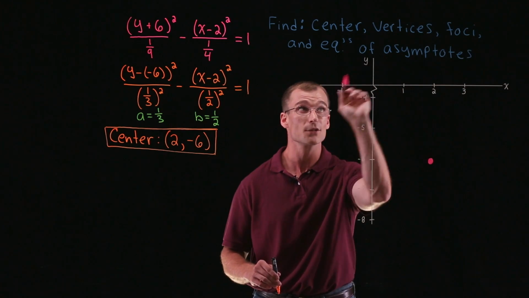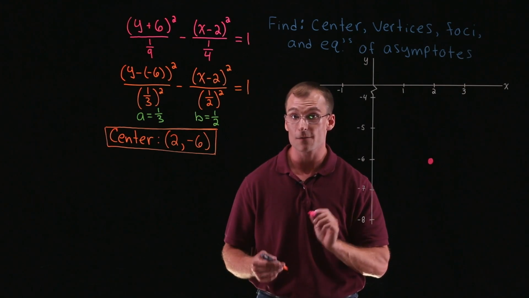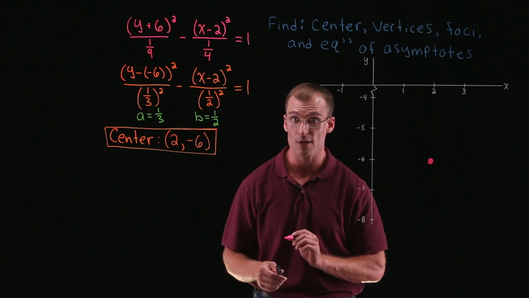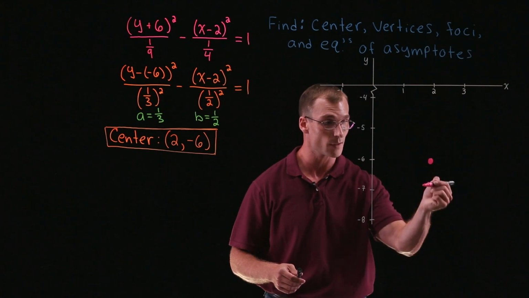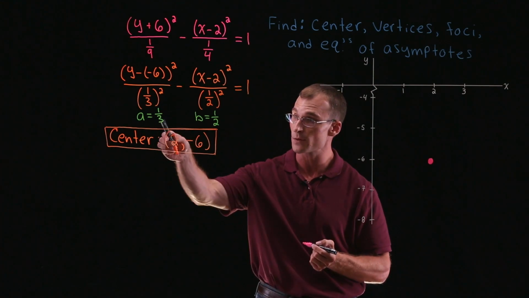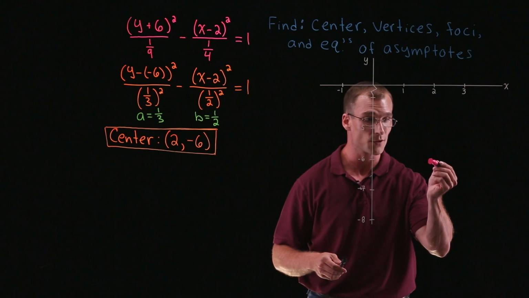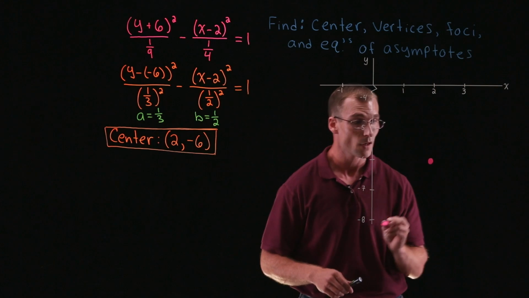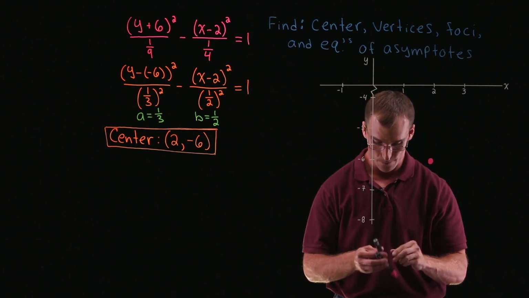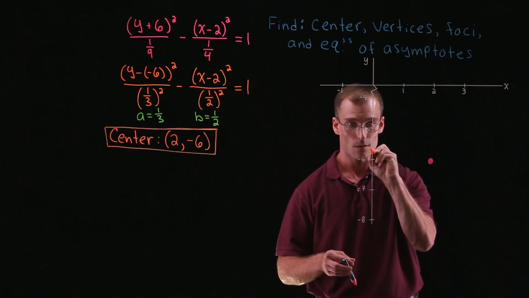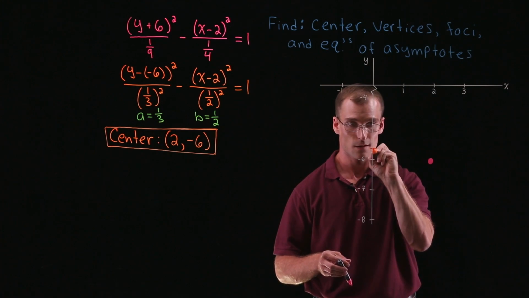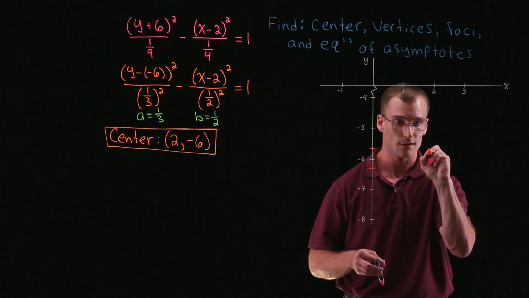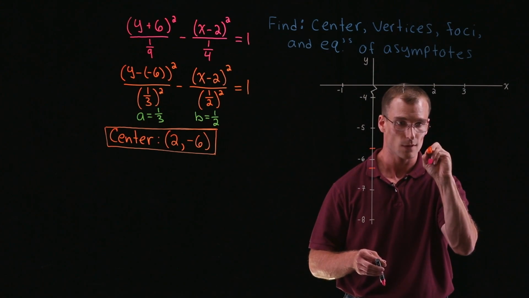Now, what can we do to build up from that to find the other things? Well, we have our center. We want to find the vertices. We know that, based on the way the equation is written, since we have a vertical transverse axis, the vertices are going to be above and below our center point, and we're going to go up and down a distance a. So from our center point, if we go up 1/3 and down 1/3, that'll get us our vertex points. Just eyeballing this a little bit, up 1/3 and down 1/3 from negative 6, we'll put our vertices right about here,